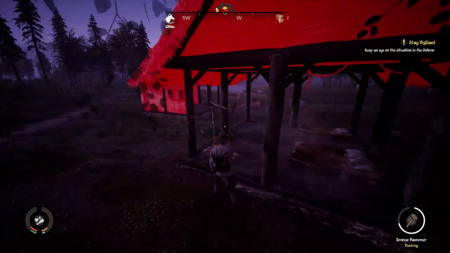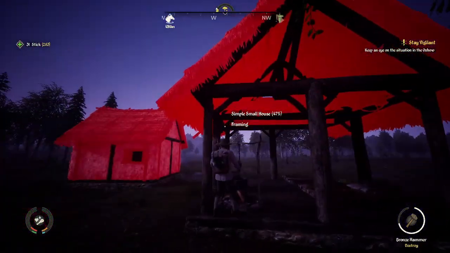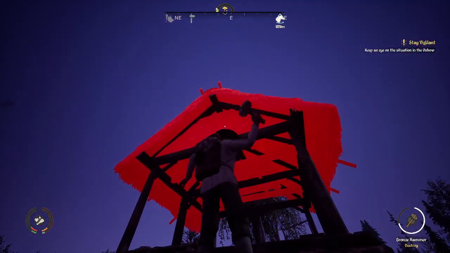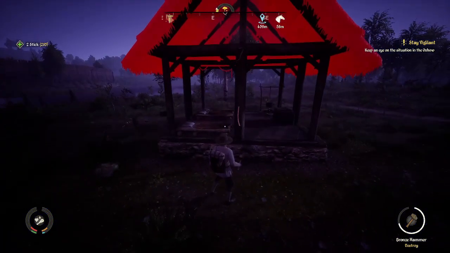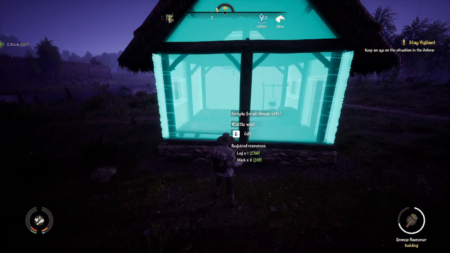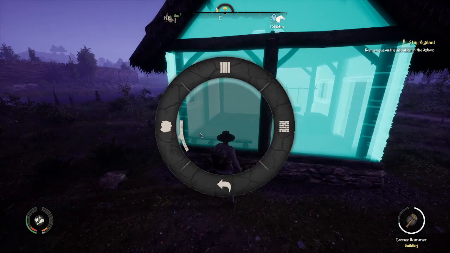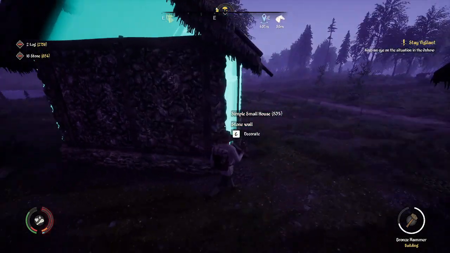Now, when you rebuild these houses, you actually incidentally kick out the people of the house. So if you're not paying attention and you forget to bring them back, then they could potentially leave your village, and you might lose some dynasty that way as well. So we destroy that all down, and then we change it again by pressing that E, and then going to wall, and then there you go, like that, like this,